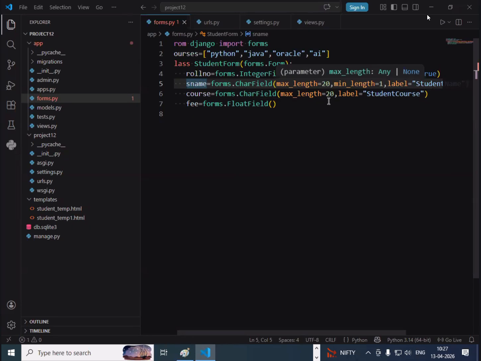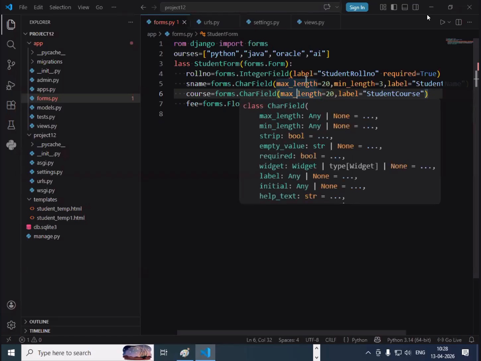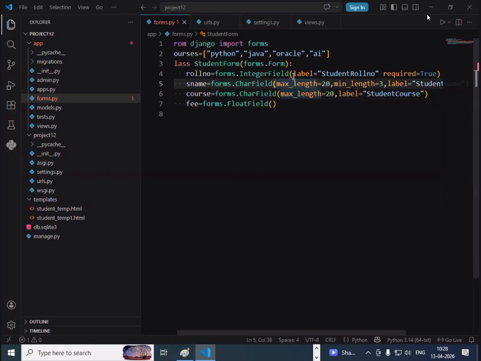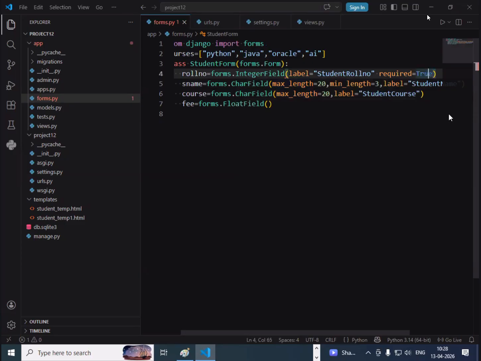Student name is given a maximum length as well as a minimum length. Assume that the minimum length is given as 3 and the maximum length is 20. All these, minimum length, maximum length, and required, are attributes or properties of the character field,